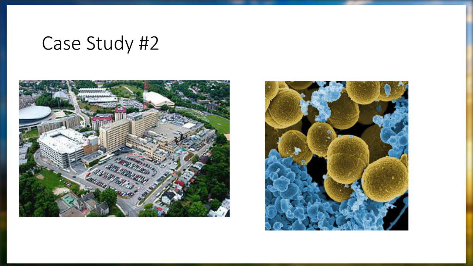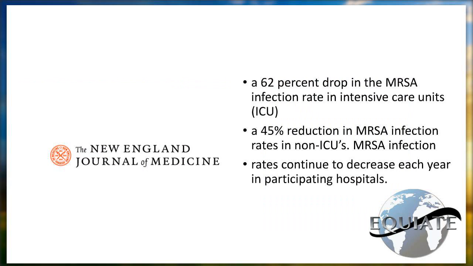This project was published in the New England Journal of Medicine and reported, over a 32-month period, a 62% drop in the MRSA infection rate in intensive care units and a 45% reduction in MRSA infection rates in non-ICUs. MRSA infection rates continue to decrease each year in participating hospitals. This is due to the fact that the frontline staff owns the solutions. Currently, over 200 hospitals in the U.S., Canada, Colombia, and Brazil are using positive deviance to prevent MRSA infections with